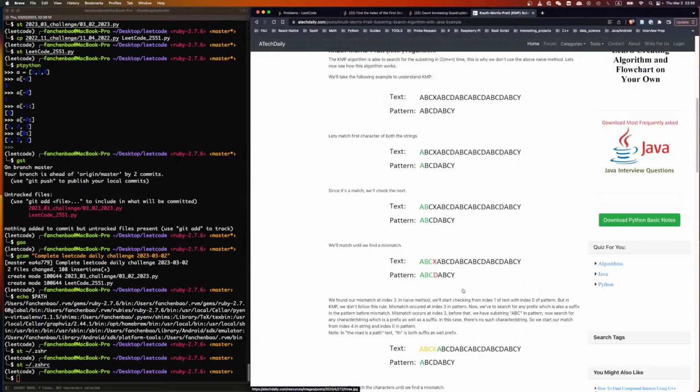Mismatch occurs at index 3. Before that, we have substring ABC. Now search for any prefix which is also a suffix. In this case, there's no such. ABC, there's no such. Because if there is,